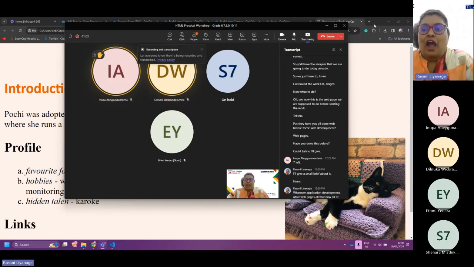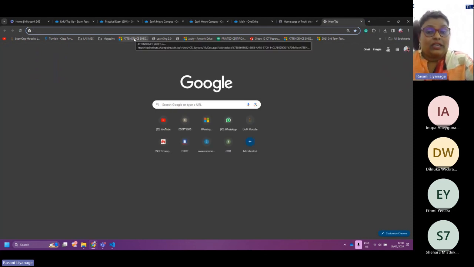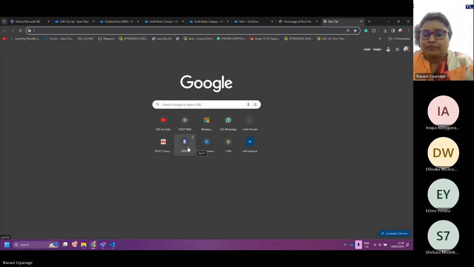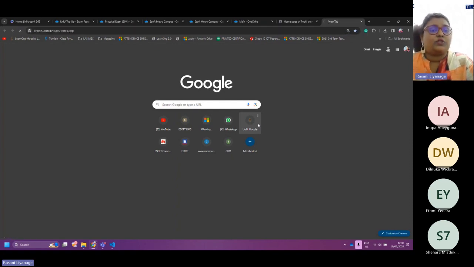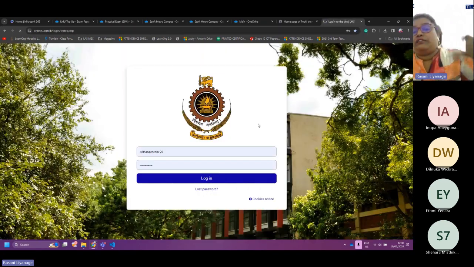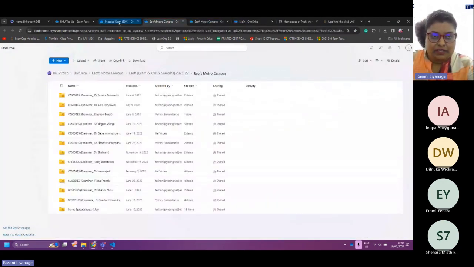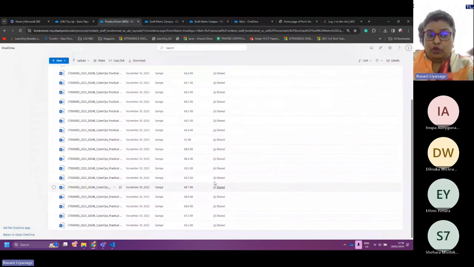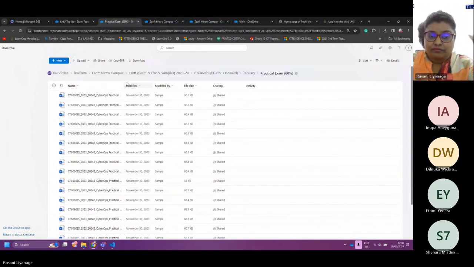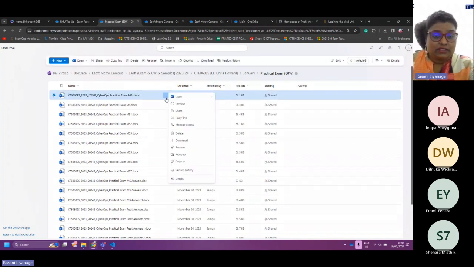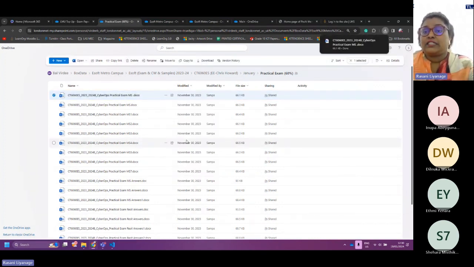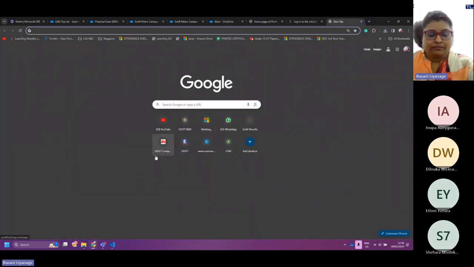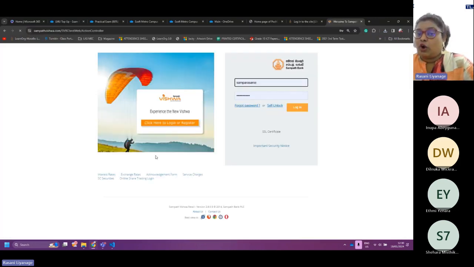Now all of us are working on a web-based platform, isn't it? Anything that we do would be on web. Even if you study, you're on web. See, even these things, now I have a couple of drives open with many documents. All that would be on web and I can simply download. So anything that you do would be on web.